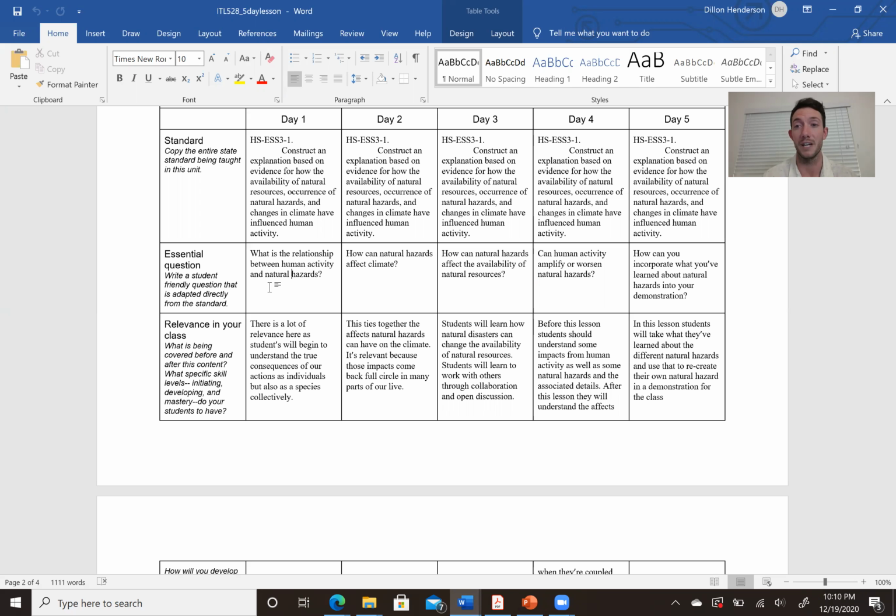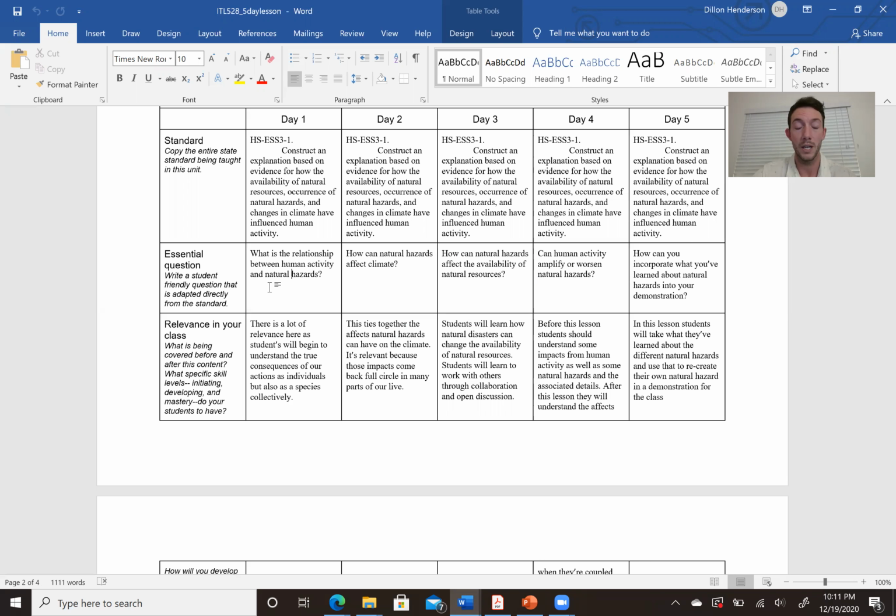So the thing on day five is, all of my students are going to get into groups of 4, and they're all going to take out of the box materials, and they're going to construct their own natural hazard and then present it to the class. So what that is going to do is really show me who understands the material and can communicate it effectively